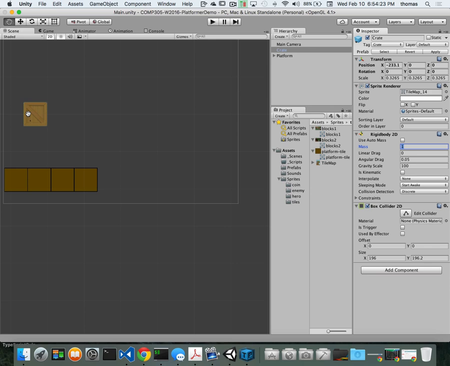Mass has to do with substance and density. The more dense an item is, if I increase my density, in effect I'm increasing my mass. And this is what we're doing here. When you increase your mass in a rigid body 2D object, think about it as a very heavy metal. If I reduce my mass, I have a much lighter metal, or much lighter objects. Lighter objects get affected by